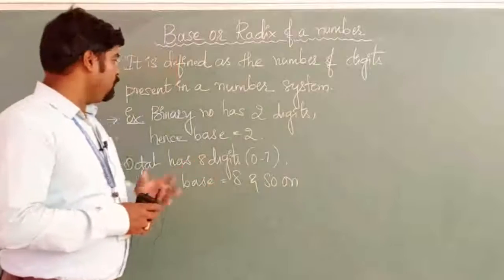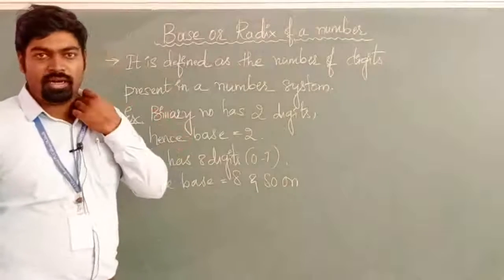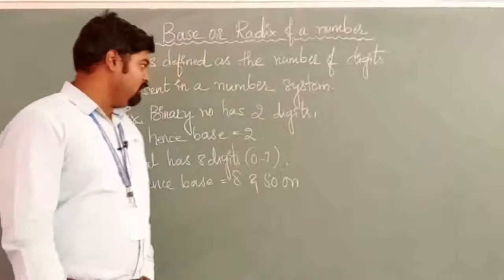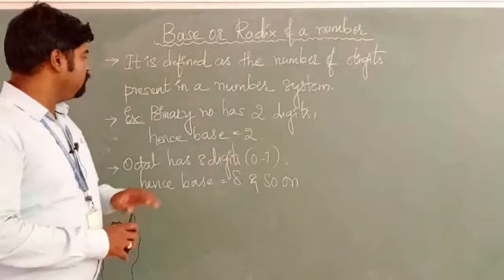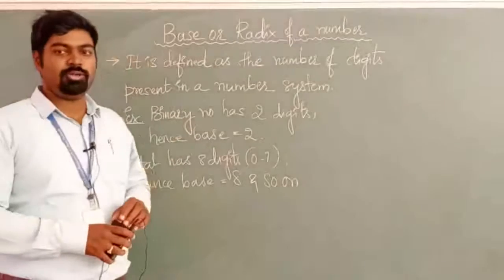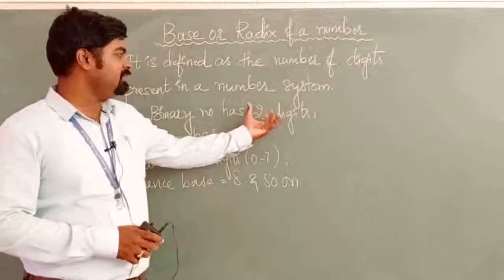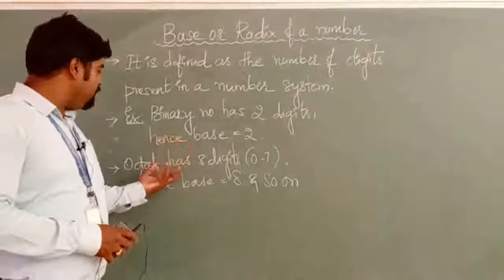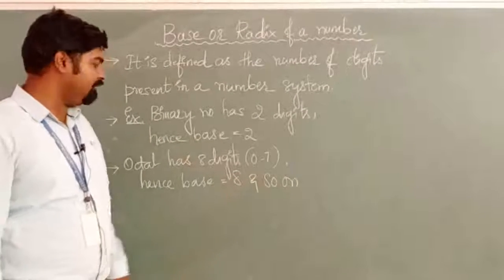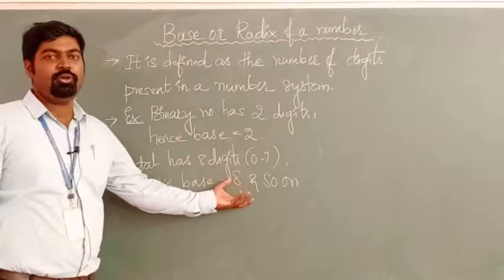In this chapter we are learning about the four important number systems, which are binary, octal, decimal and hexadecimal. With respect to binary, a binary number has two digits, that is either 0 or 1. So hence the base of a binary number is 2. And when it comes to octal, it ranges from 0 to 7, including 0 and 7. The total number of outcomes an octal number has is 8, hence the base is also 8.